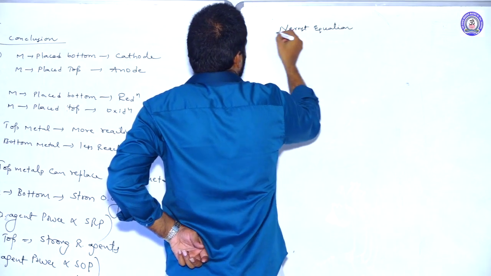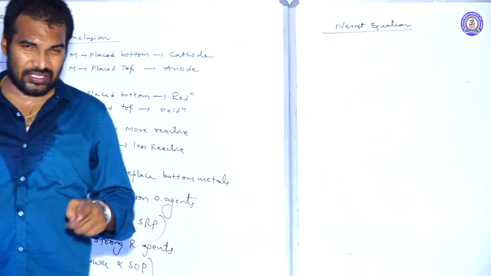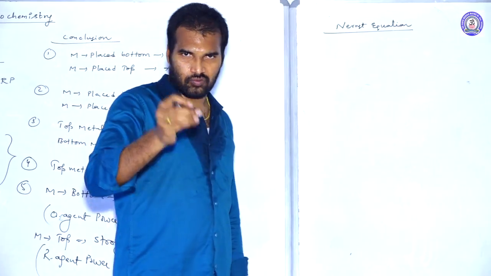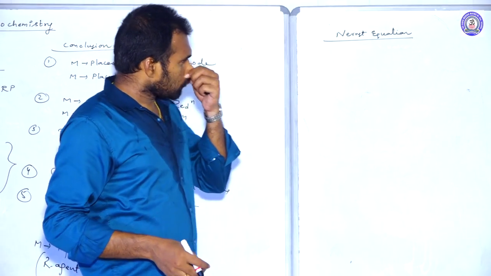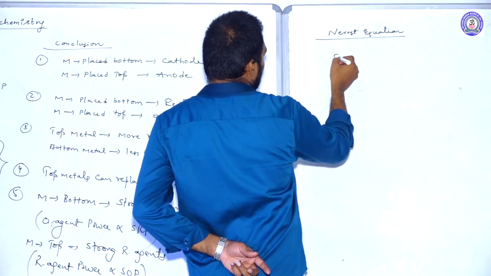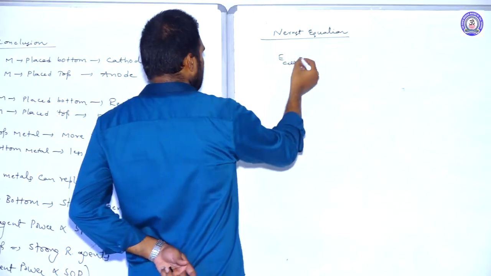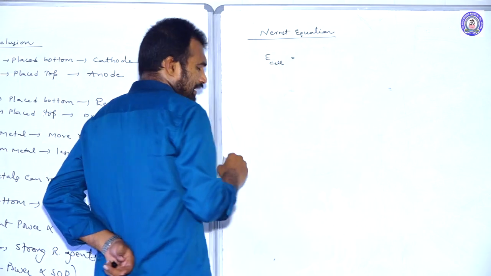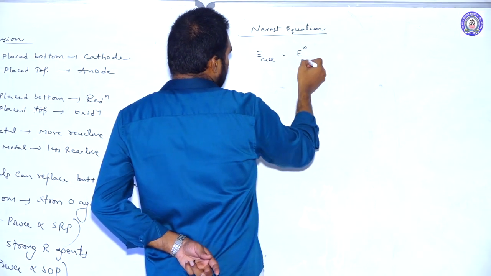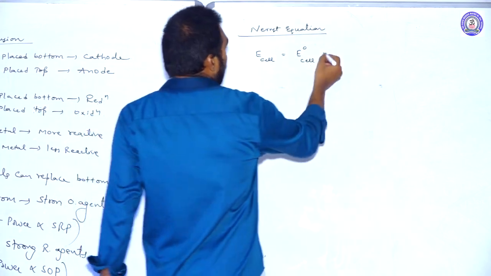Nernst equation. What is this equation? The Nernst equation gives the relation between the cell potential, the voltage of the cell, and the concentration. According to Nernst, E cell, the EMF of the cell, the total voltage that the cell can provide, is equal to E naught of cell, that is the standard electrode potential of the cell, minus